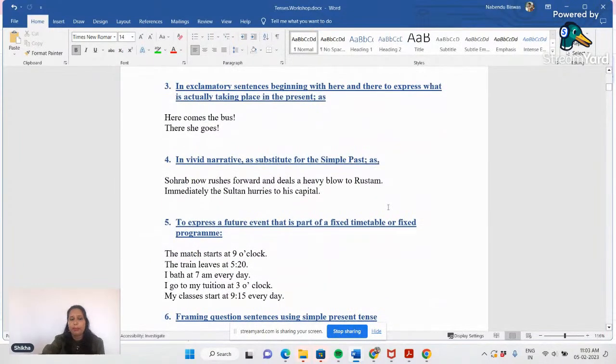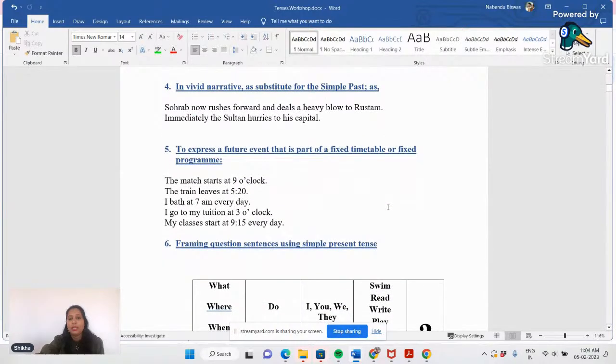Okay, so all these are our regular activities. Sometimes we wait for somebody, and when we see them suddenly, at that point of time also the sentence which we construct comes under simple present tense, because of how we start the sentence, like here he comes, there he goes, there the bus goes, right? In this way we create the sentences, and actually these sentences come under exclamatory sentences.